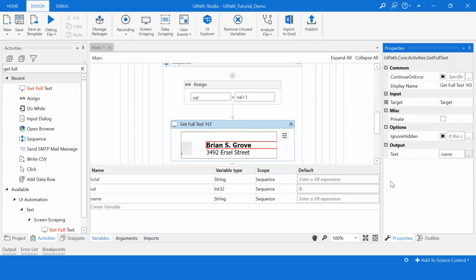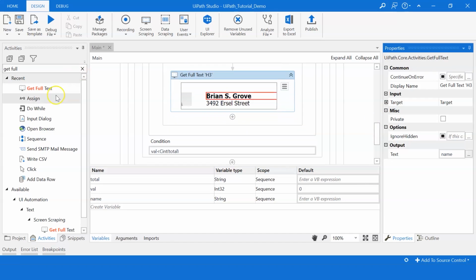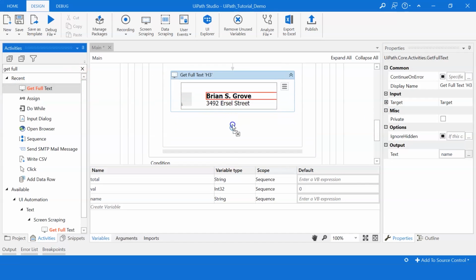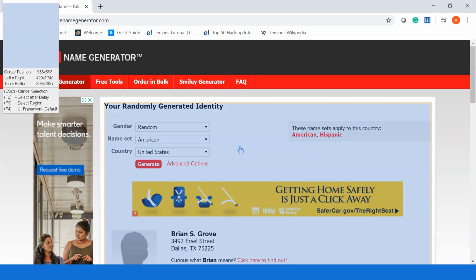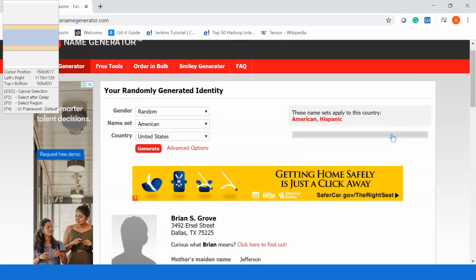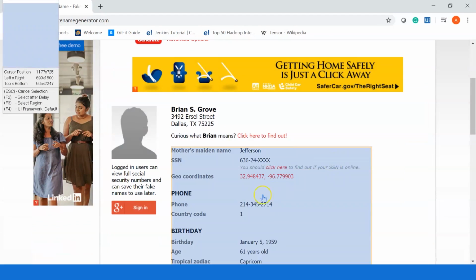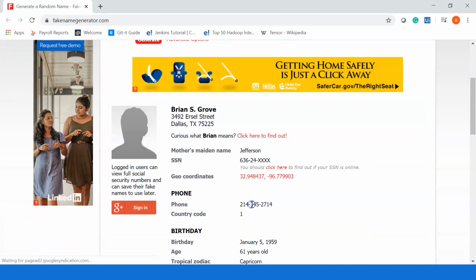Next, I want to fetch the phone number of the person. So I'll again select get full text and I'll drag it here. I'll click on indicate element inside browser. So I'll scroll down and I'll select the phone number of the person.